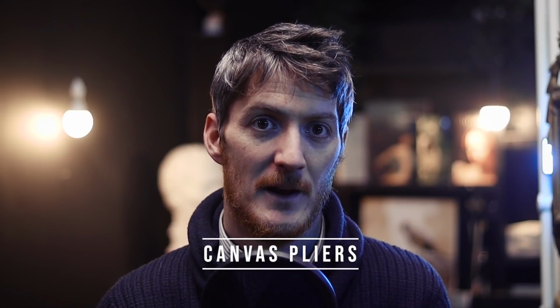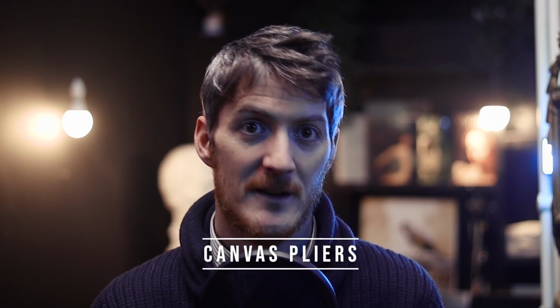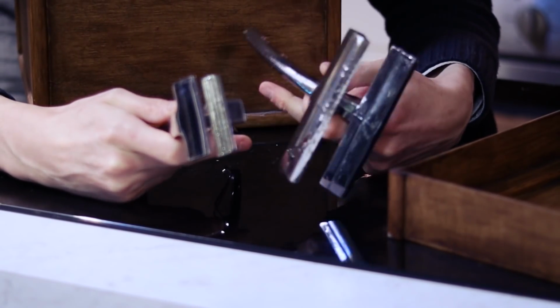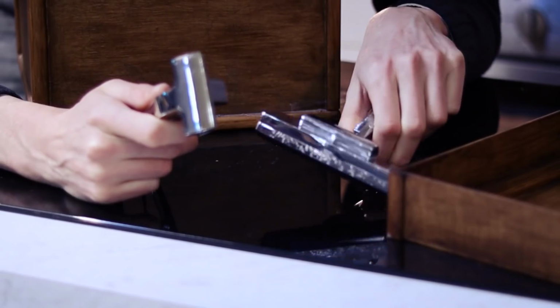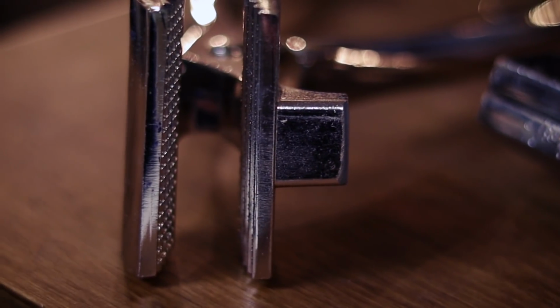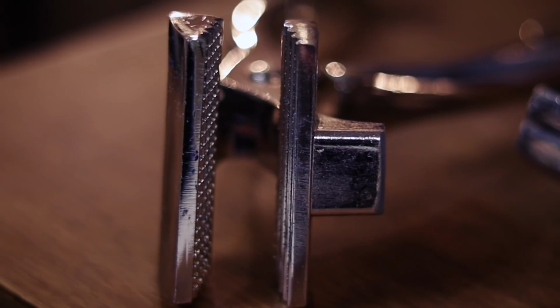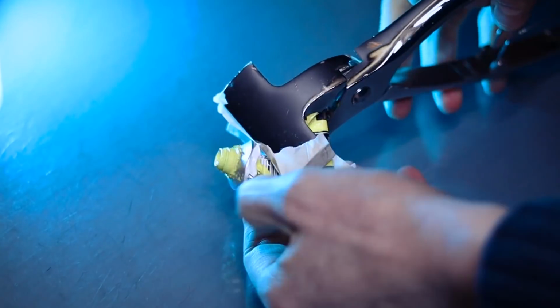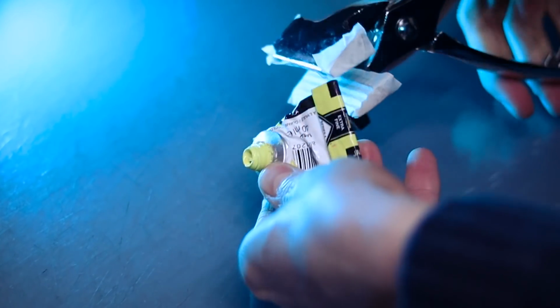Number 2, canvas pliers. Canvas pliers are great if you want to stretch your canvas from scratch, which can be a great option to save money in the long run and get that perfect stretch that you desire. If you have super strong hands, or if you don't plan on stretching your own canvases, you might think that they're not that useful, but wait, they can actually make great clamps that can be used to squeeze every ounce